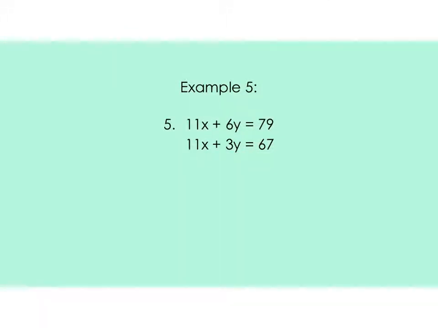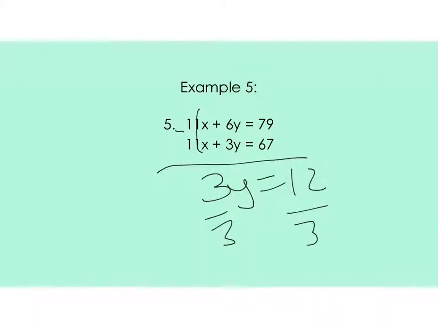Alright, here we go. Another example. Let's do this thing. Alright, so we gotta eliminate 11x here because they're the same. So, these are eliminated. We got 3y equals 12. Divided by 3. Divided by 3. Y equals 4. And now we gotta plug in